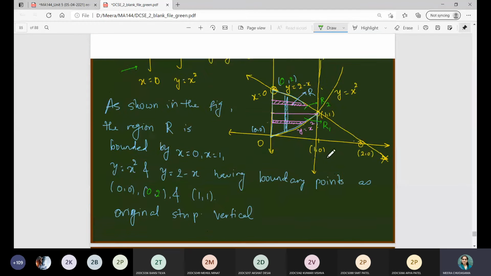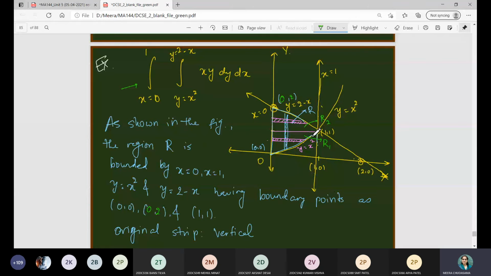So I1 corresponds to the R1 region. So first, if we consider the R1 region, this is R1 and this one is R2, right? So in that case, first let us decide the limits of the region R1. I1 integration we have to compute. It is horizontal in nature, means it is perpendicular to the y axis, therefore the y variable limits will be constant, and this is nothing but 0 to 1.